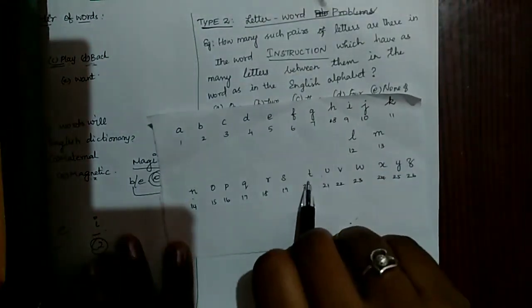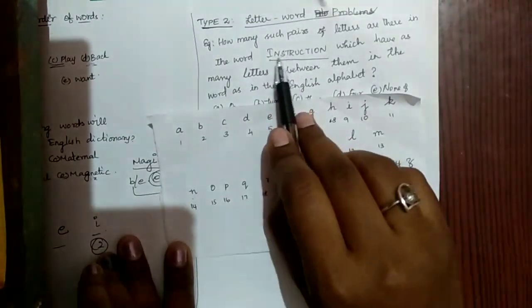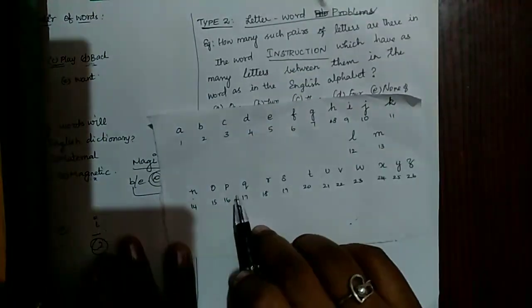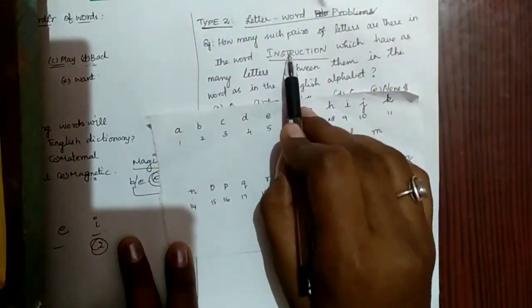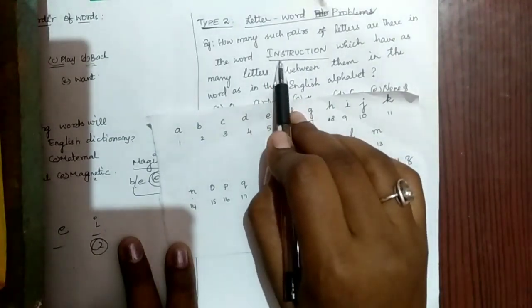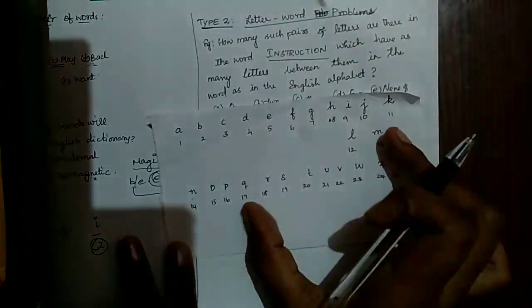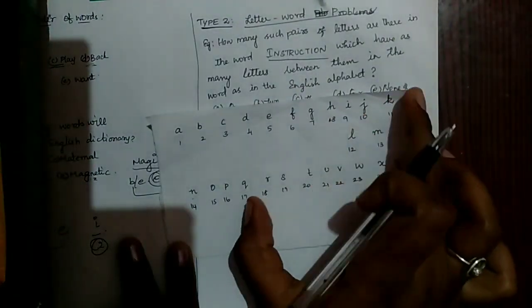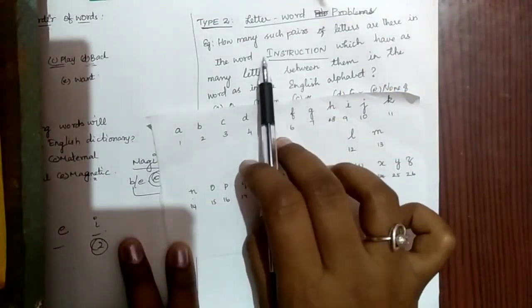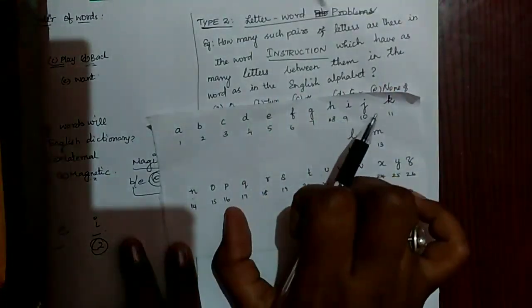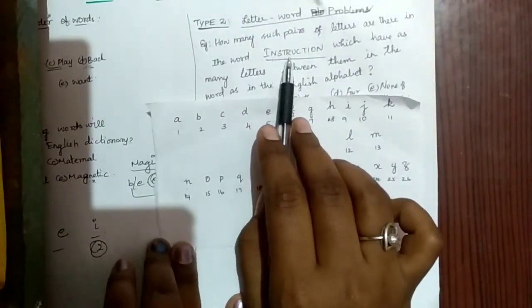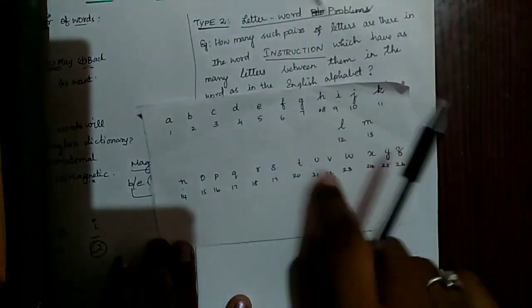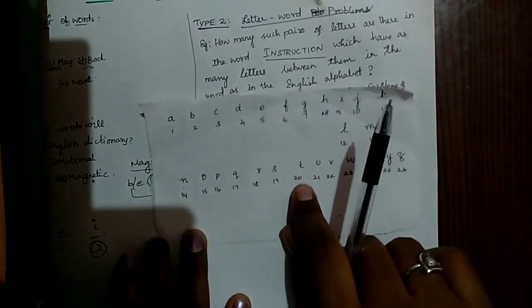I is here and T is here. Between I and T there are just two letters, but here there are so many letters. So this also does not match. Between I and R, three letters are present, but here so many letters are present between I and R. So next we go with I and U. Here also the same condition. Between I and U there are just 4 letters, but here there are so many letters. So this also does not match.